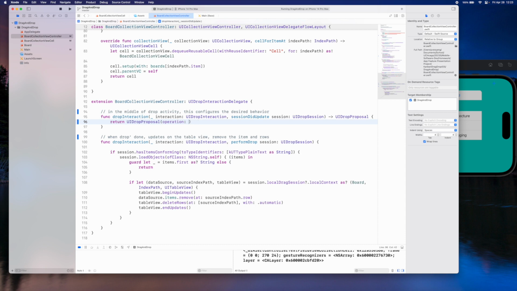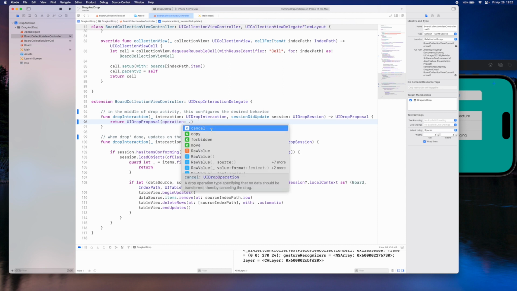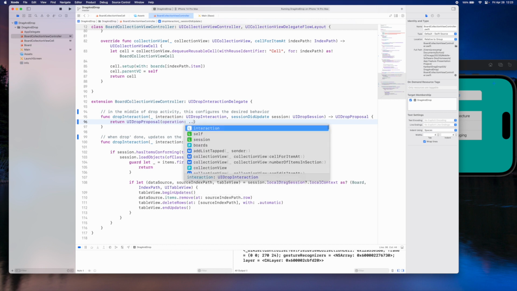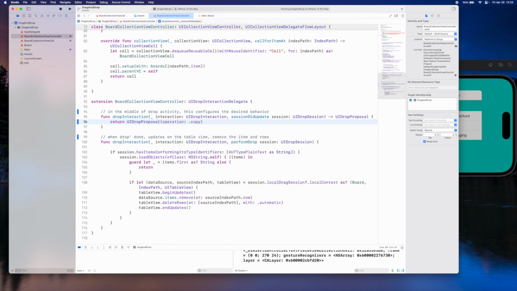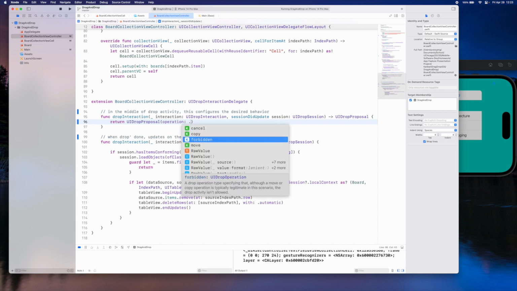So for operations, we have cancel, copy, forbidden, and move. Here we're using move, which means you're moving an item from one place to another. And for copy, this will leave another copy at the source place. For forbidden, it will show you a notification that the item you selected is forbidden to move.